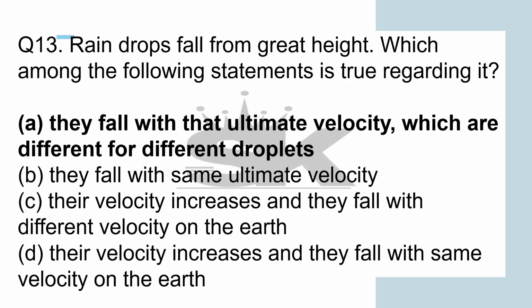as the drops come down, first the velocity is continuously increasing. Then the increase in pressure changes the speed of the droplets. Okay, therefore their velocity increases and they fall with a different speed or velocity. Okay,